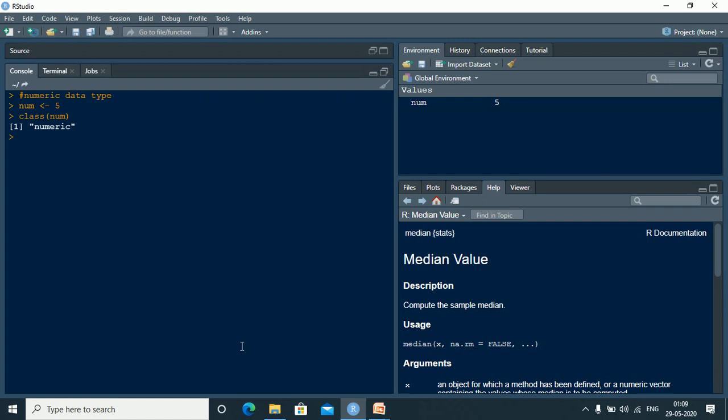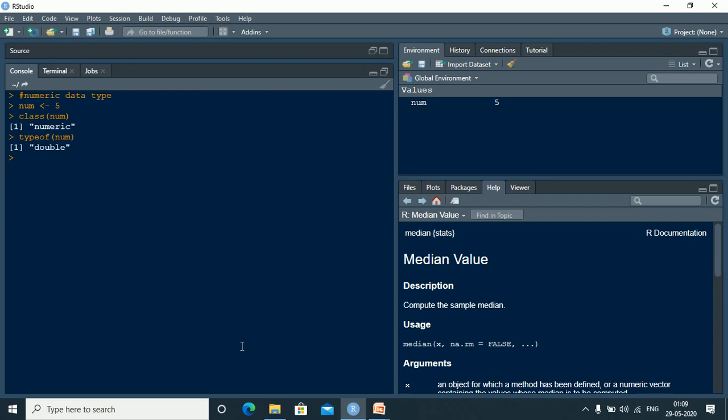So as we have seen, by default the data type is taken to be numeric. Now let us see what result we get when we write typeof. Right, so typeof the variable name num, and let us click enter. So if you look at the output of typeof, it says double. Now what does that mean? When R stores a number in a variable, it converts the number into a double value, or we can say a decimal type with at least 2 decimal places.